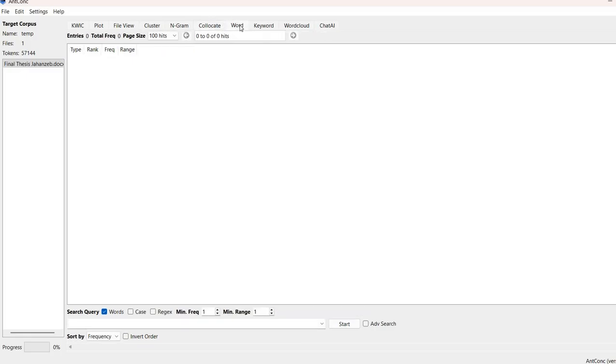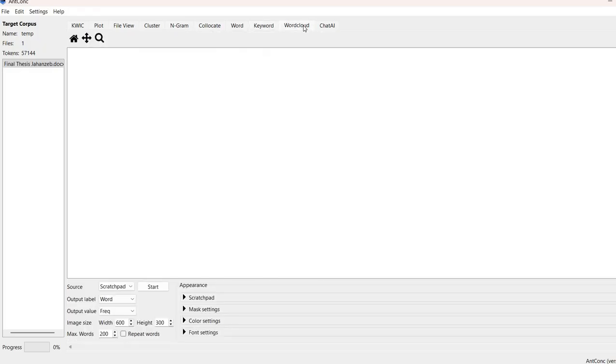Word means the frequency of a word, like how much we see a word in the text corpus. What is the frequency of it? How frequently has that word appeared in the corpus? Then this is the keyword tab. Using this tab, we can compare our corpus with some reference corpus. In upcoming videos, we'll also look into this. From here, we can generate a word cloud. And this one is Chat AI. You can also add ChatGPT things into it. You can use AI with it. So let's start with